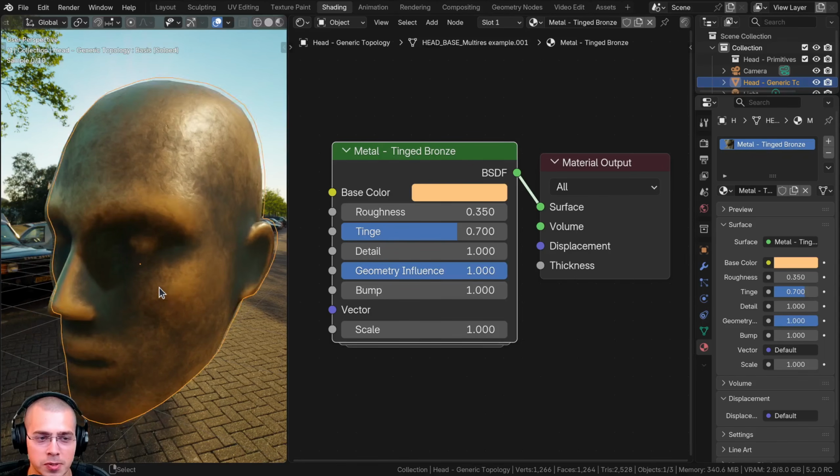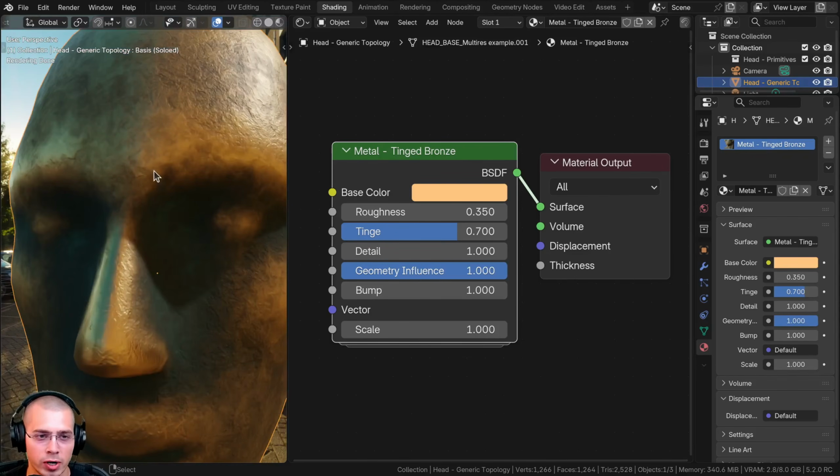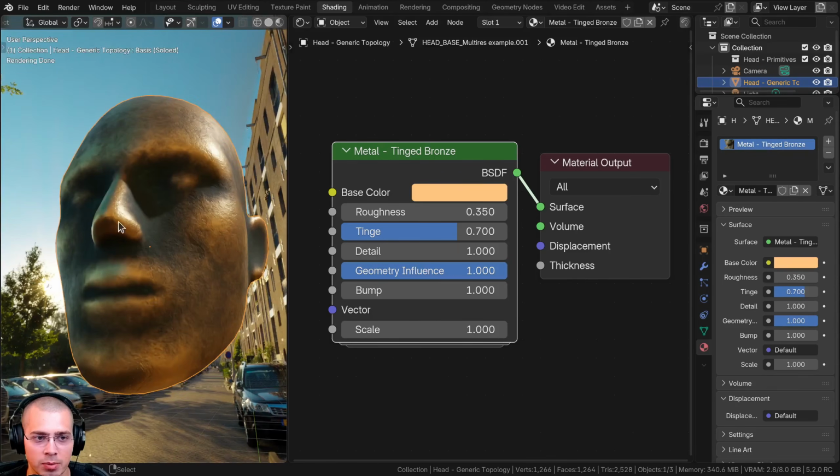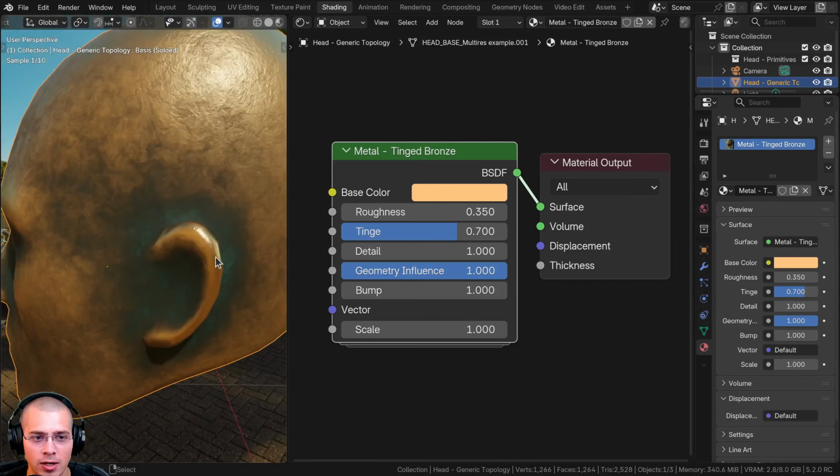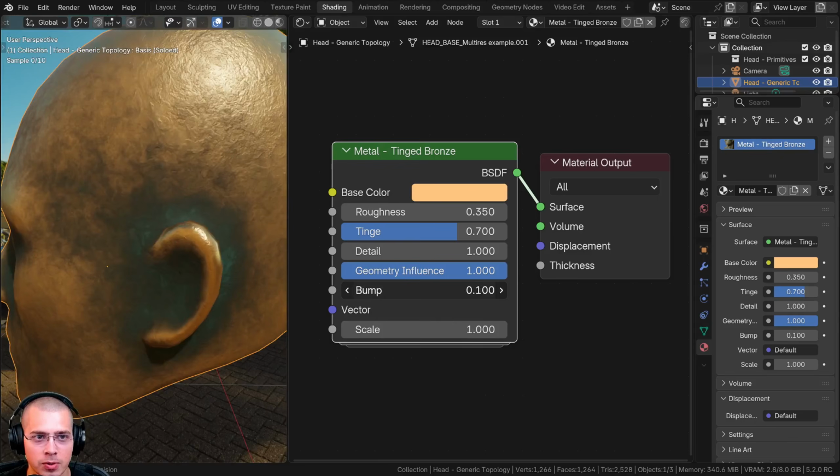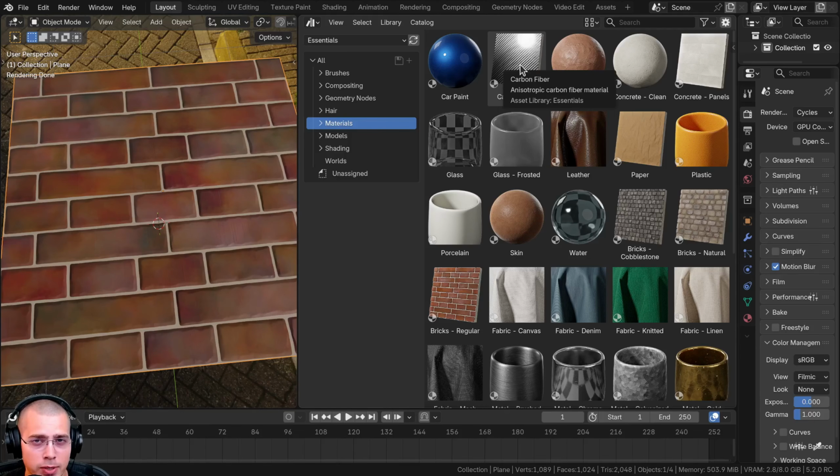That's pretty cool. So this is kind of like a smart material where it uses the shape of the object, and it adds this wear on the edge of the model. So that's pretty cool. Now, even though Blender version 5.2 now has the option for online asset libraries,